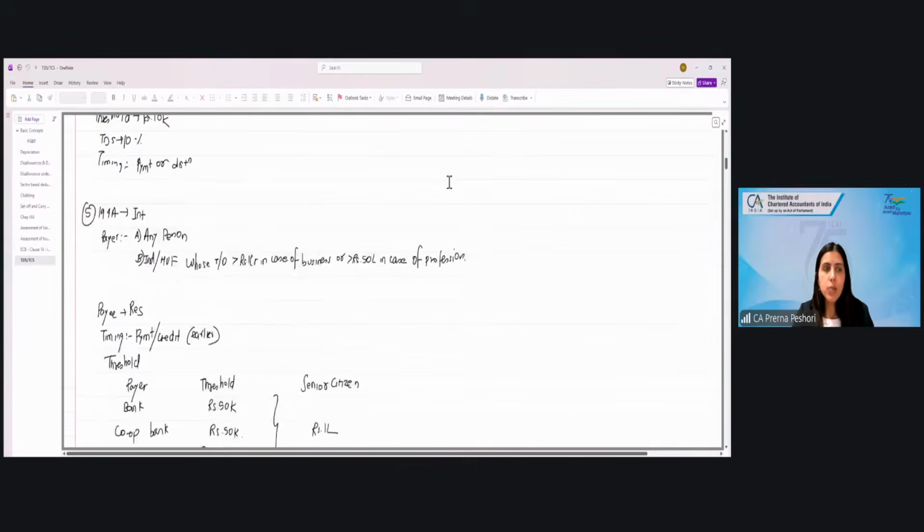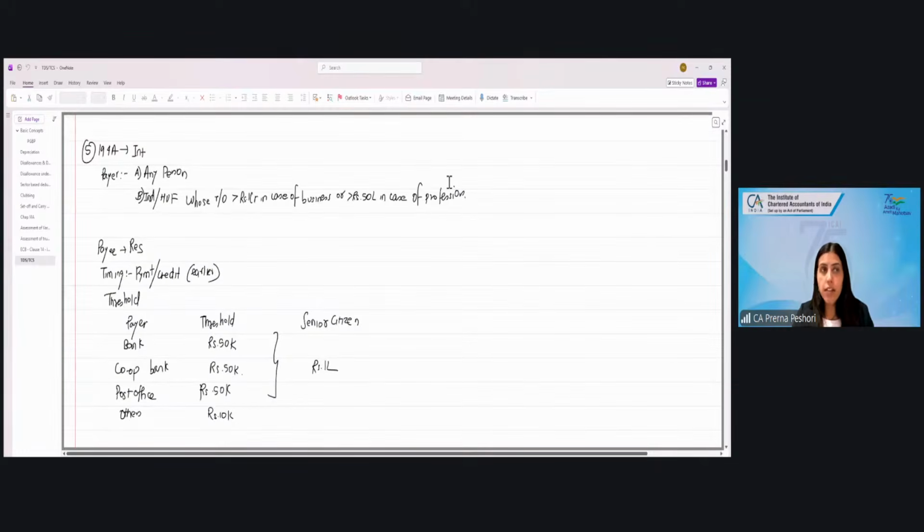Next is section 194A, interest other than interest on securities. Who is the payer here? Any person, ma'am. Every person? Yes. Who is the payee? Resident, right? Now here the payer also includes the individual or HUF whose total sales, gross receipts or turnover from the